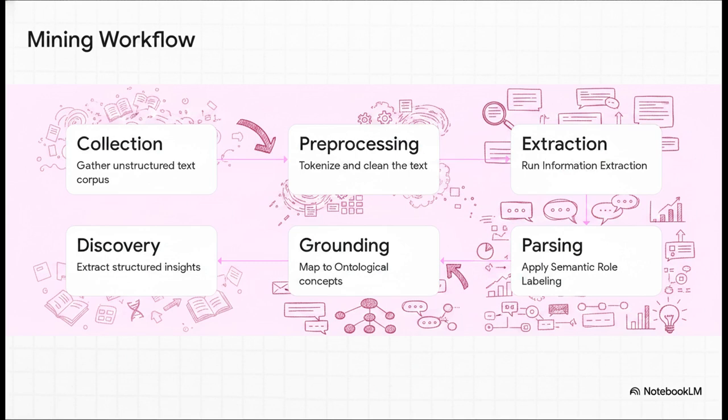We start with text collection and NLP preprocessing, like tokenizing the text and cleaning out the noise. Then we run information extraction to find entities, followed by semantic parsing to label their roles. After that is ontological grounding, which is absolutely crucial. This is where synonyms, like aspirin and acetylsalicylic acid, are mapped to one single semantic concept in a structured knowledge graph. Only after all that can we get to real knowledge discovery, turning a chaotic mess of text into clean,